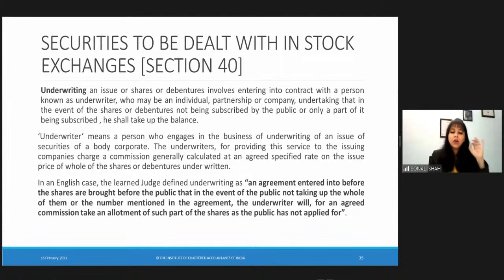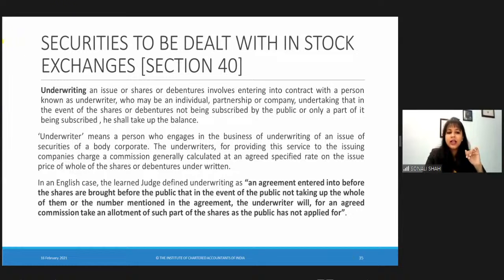Now, this topic of underwriting as such is a very, very important topic. You often get to see questions in this area in your exam. Yes, it is one of the key, or you can say favorite, topics of the examiner. So here I have briefly tried to explain what is meant by underwriting. This is not what is provided for in section 40. It is just for your understanding. So let us walk through what I have written here.